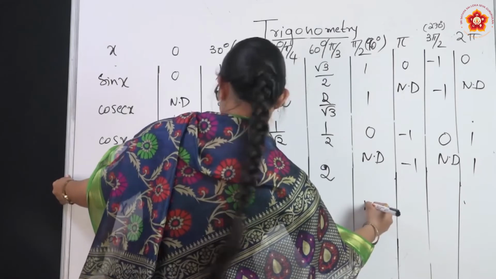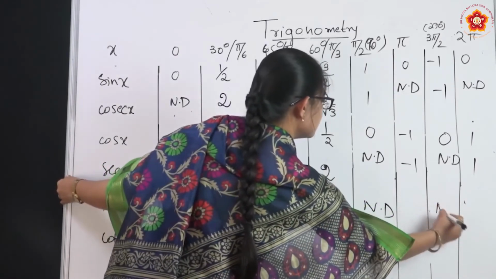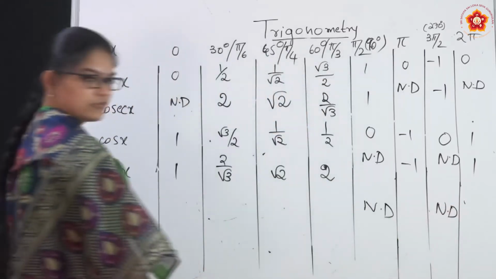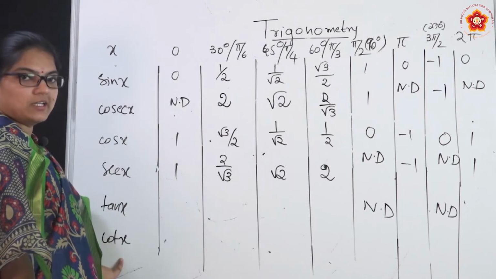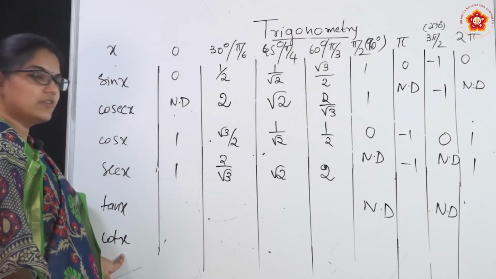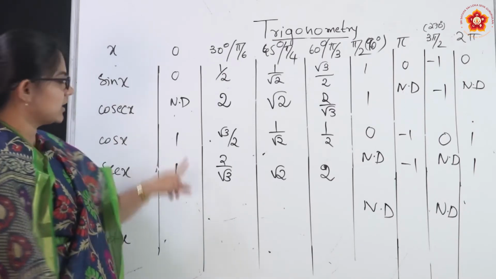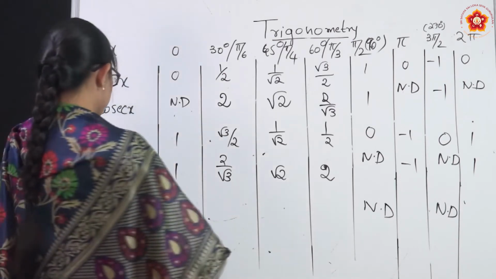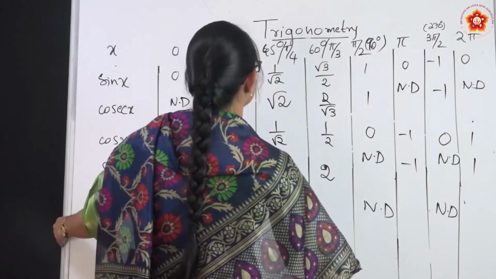So here it is not defined, right, at pi by 2 and 3 pi by 2. Next, cot x is not defined where sin x is equal to 0. So where is sin x 0? At the multiples of pi including 0. So therefore we can say here 0, next pi